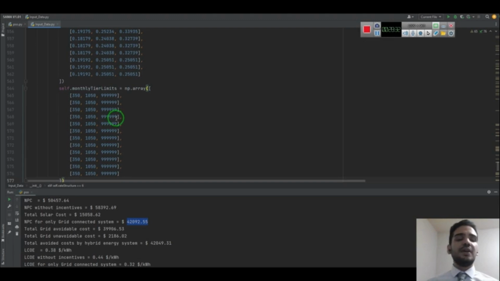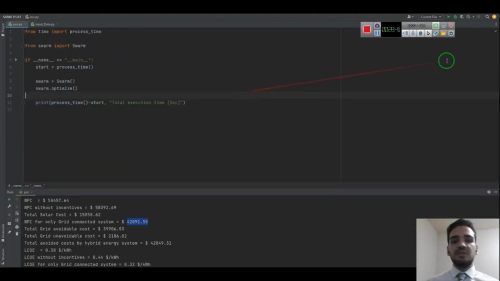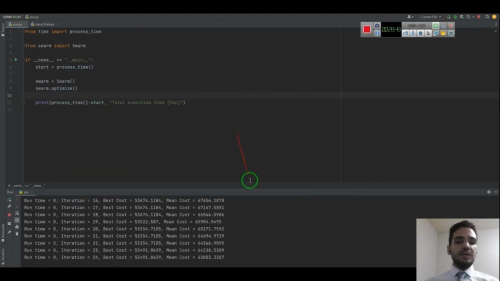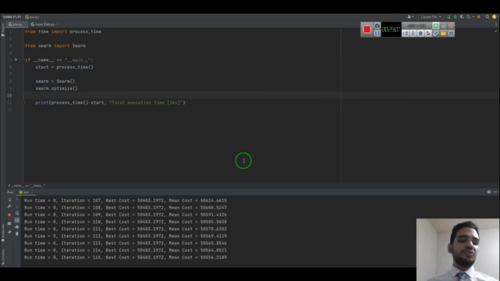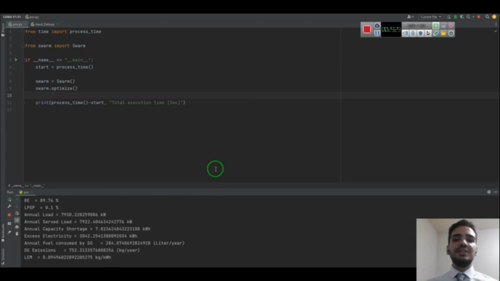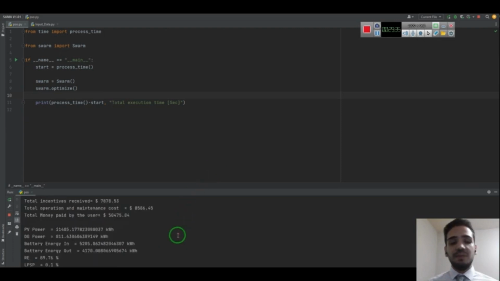Right now we have defined all the inputs that we needed. It's just time for running the code. So we go to the pso.py file and we run this code. You just need to wait a short time to see the final results by SAMA. It should be mentioned that the current version of SAMA is plain code, so it's recommended only for experts and researchers to use this software right now. In the future, we are going to develop a web tool and application so that everyone can easily use this software without any problem.